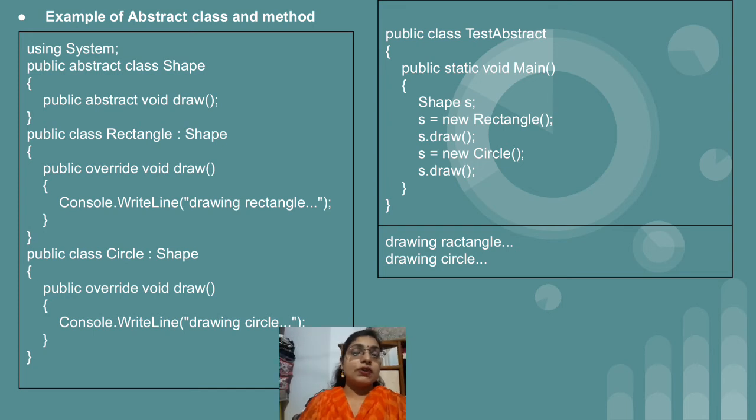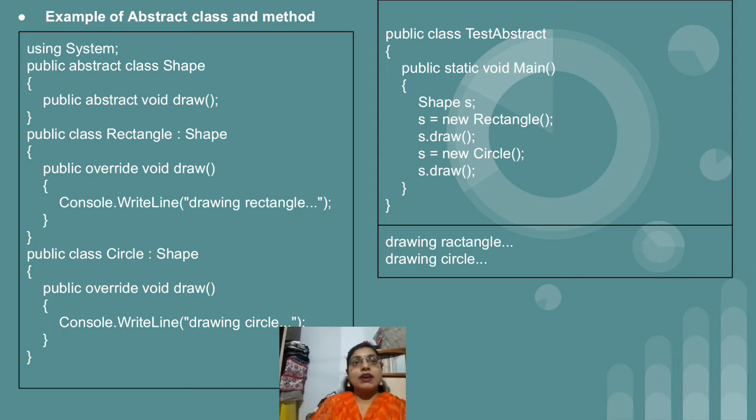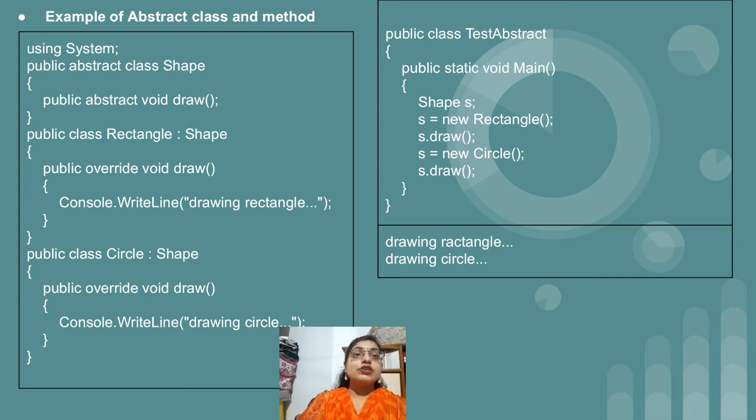abstract class shape. After that we will have one more class which contains public static void main, and in that particular class we will create objects. As we have discussed, we cannot create an object of an abstract class. This is the reason why, just see the public static void main part, we have Shape S. Now you will say that this is object creation, Shape S.